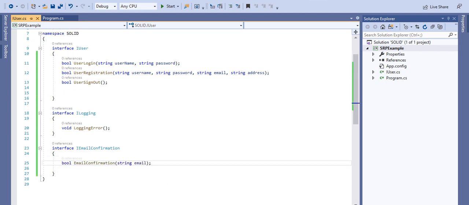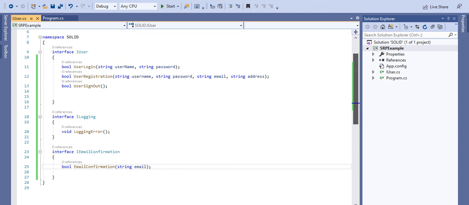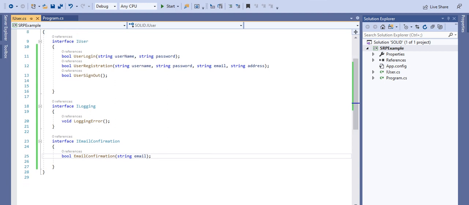That is what the single responsibility principle says: a particular class should be responsible only for a single purpose. We should not create a fat interface. We can split that particular interface according to the responsibility. So that is the concept for IUser.